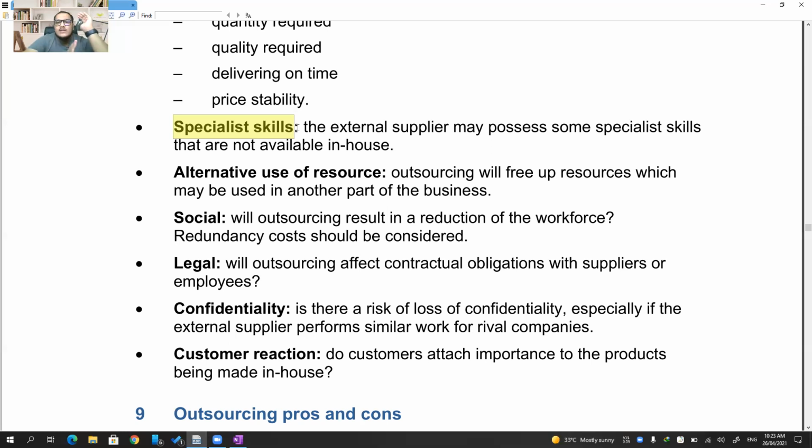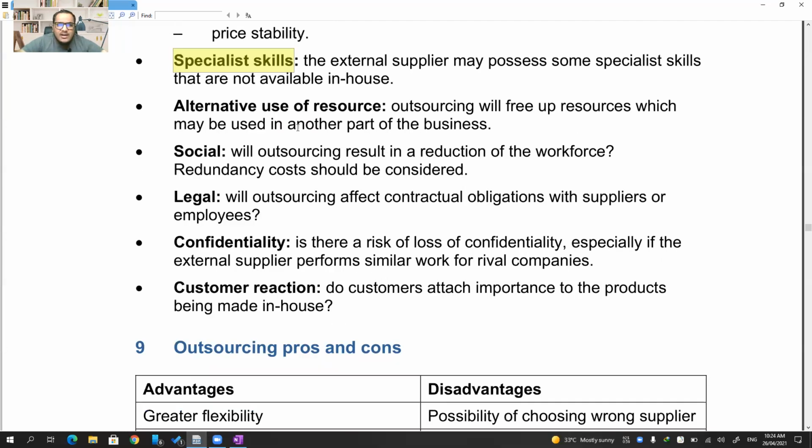So technically what is happening is sometimes, even though it is cost beneficial for us to do the product or project or service ourselves, an external party might have specialist knowledge and specialist skill set on that. So it might be better to go outside even if that costs a little bit more than what it's costing us. Okay, that's what Apple does with their screens, with their displays.